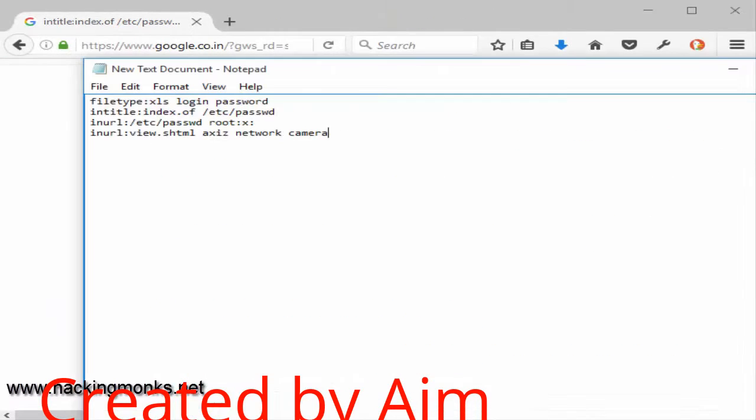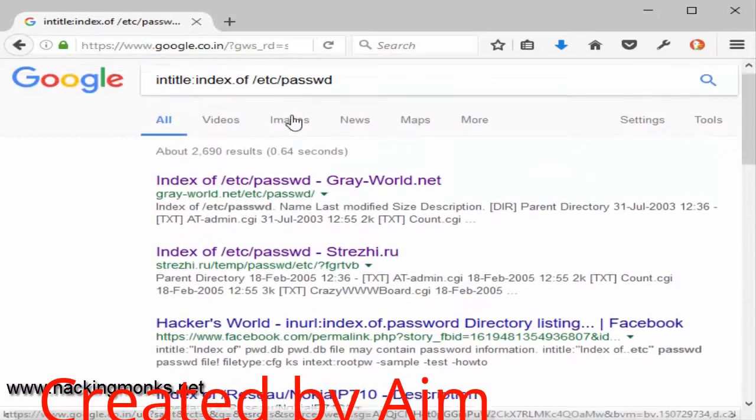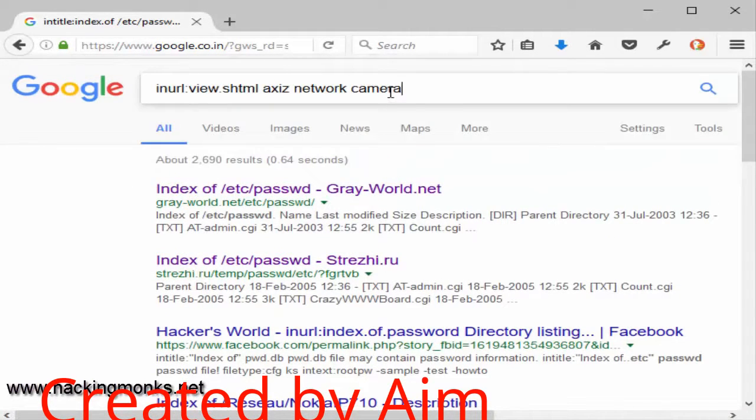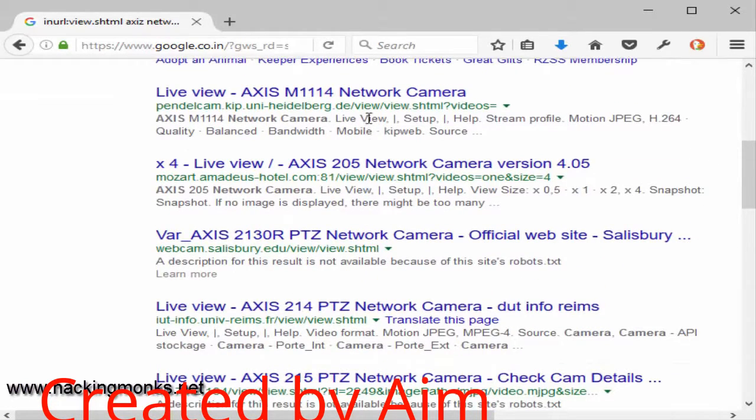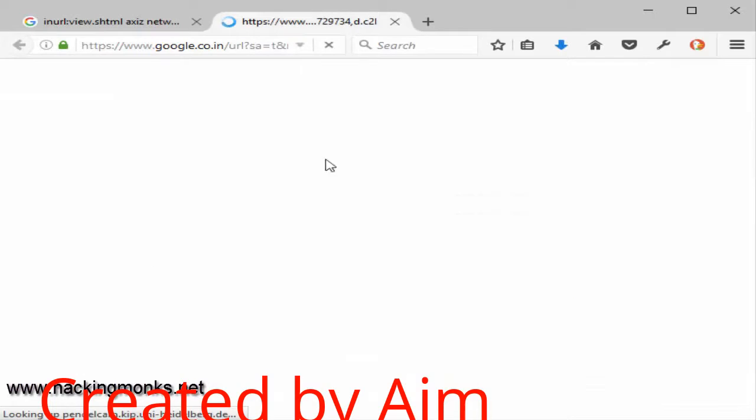And then there is another payload, and here at the end we got some IP cameras, network cameras. Let's try to get some cameras, man. Yes, we got a camera here. I can close this.